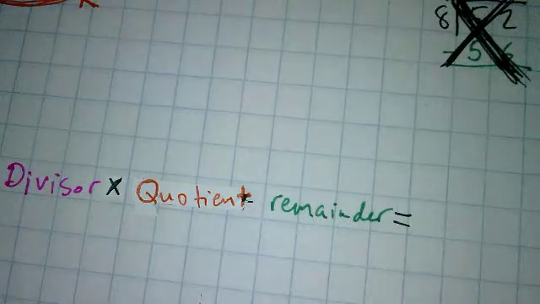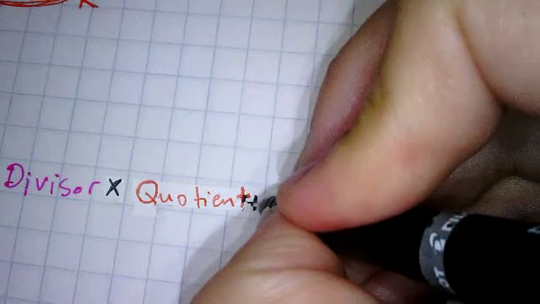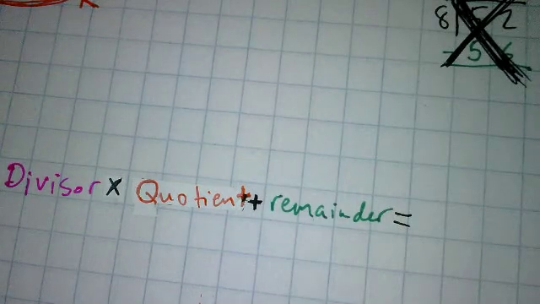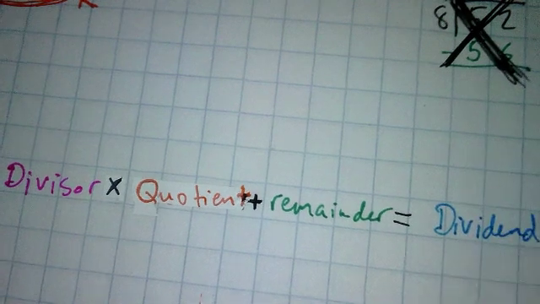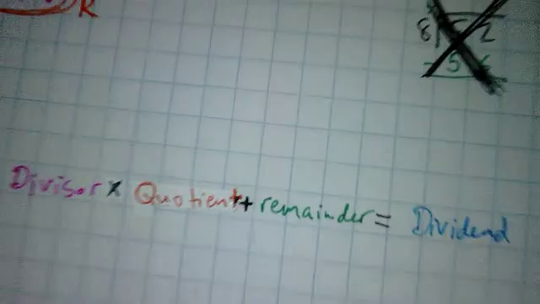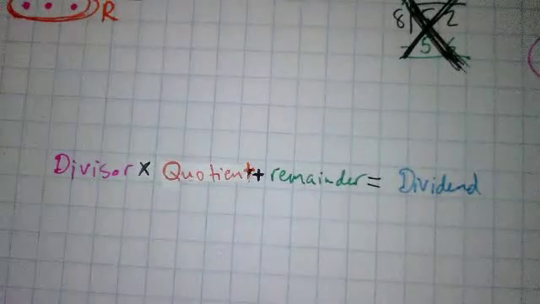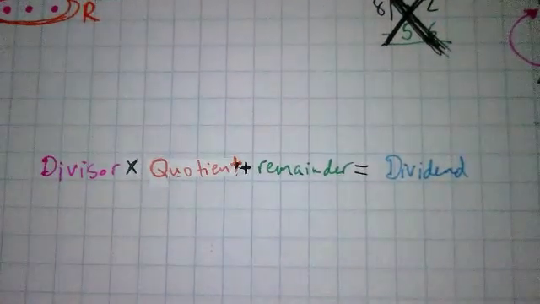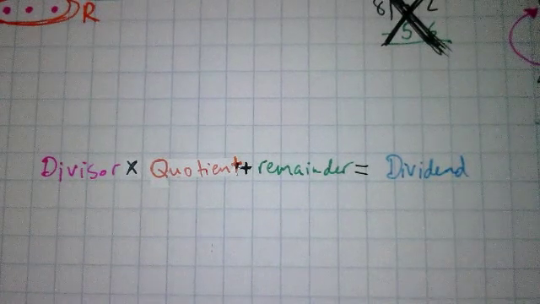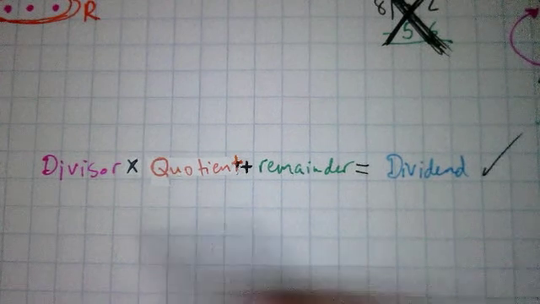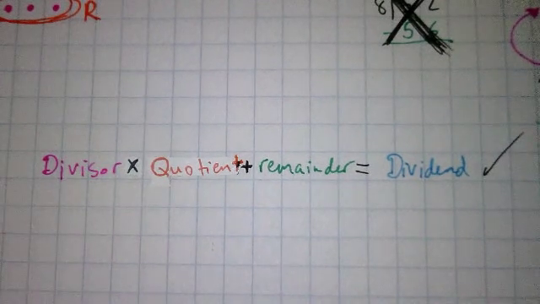Why is it times quotient? Okay, plus remainder, and that should equal your dividend. So divisor times your quotient plus your remainder equals your dividend. So if you want to check your work, you can check your work this way. And if that all works out, then your work would be correct. If everything matches up, then that would be correct. Okay,